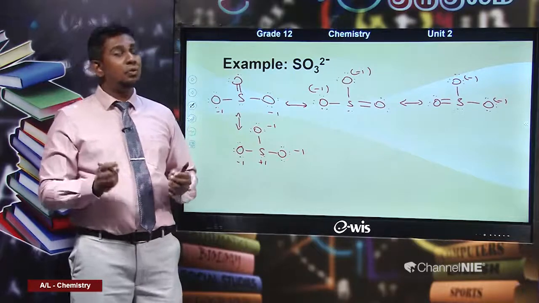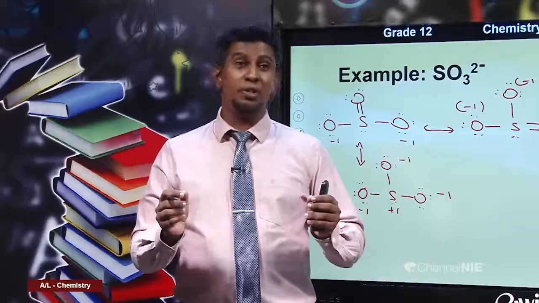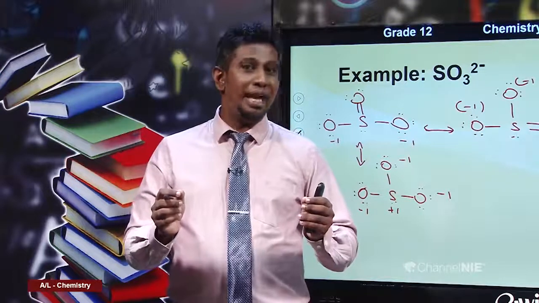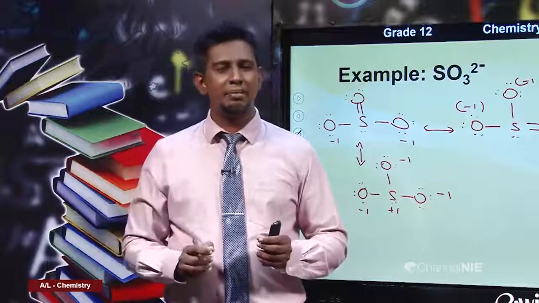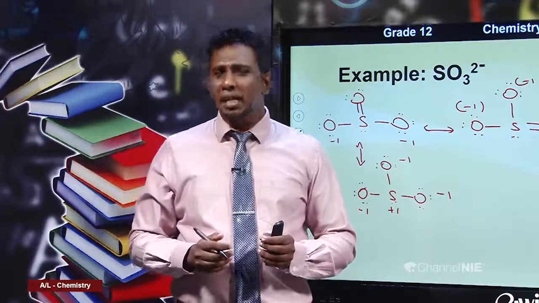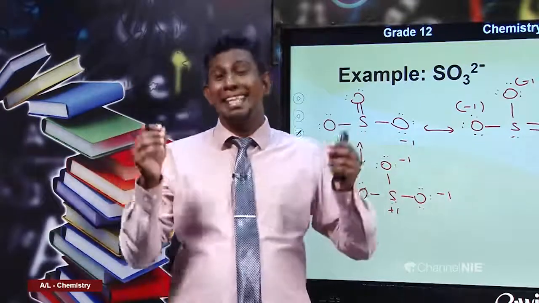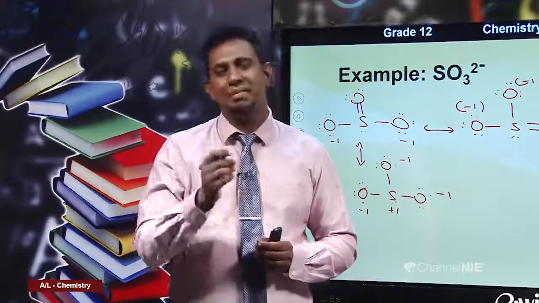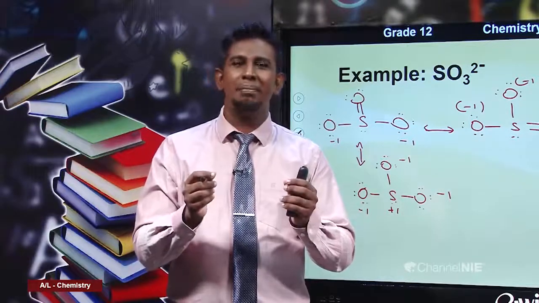Then you would draw the skeleton. Then after placing those pairs, let's say as lone pairs, first on the more electronegative atoms, then in descending order of electronegativity, then after assigning the formal charges on those atoms,